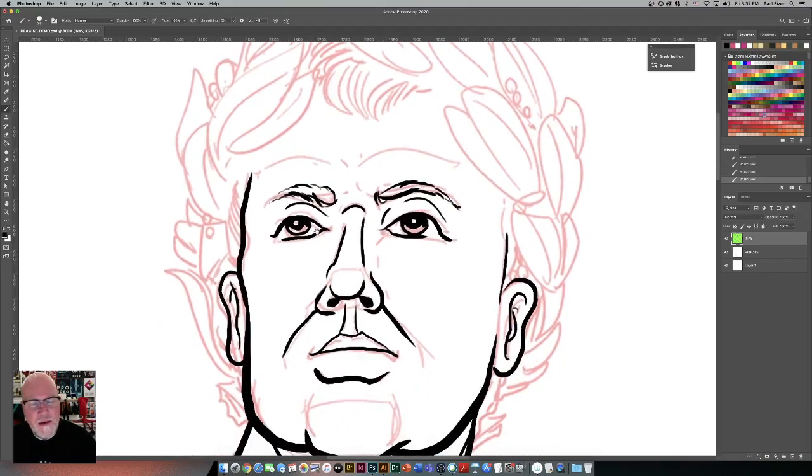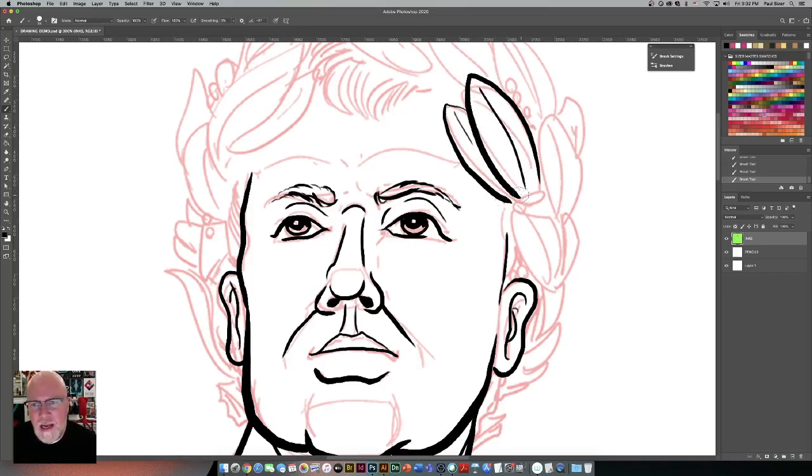Let's go ahead and move around here. So in that same way where I talked about where my weight wants to be, as we're going up here on the laurels, I'm also going to be doing things with what I'll call holding lines or contour lines. A contour line generally ends up being something where you're putting a heavier line on the outer shape of something, and then using thinner lines on the interior to indicate interior divides, interior shapes, interior forms